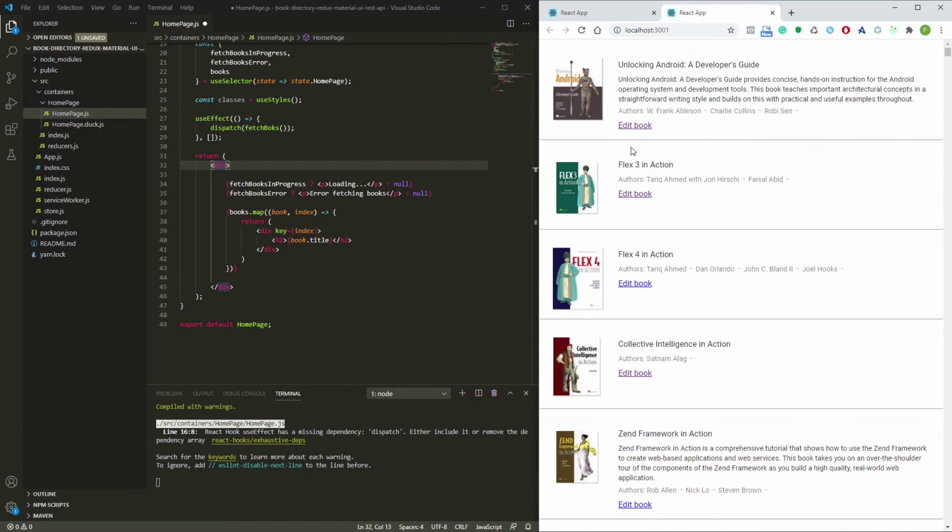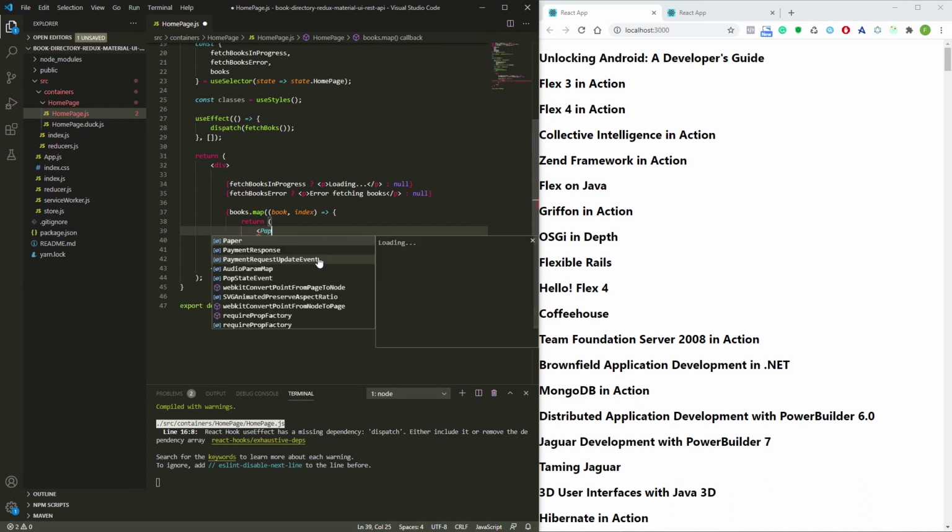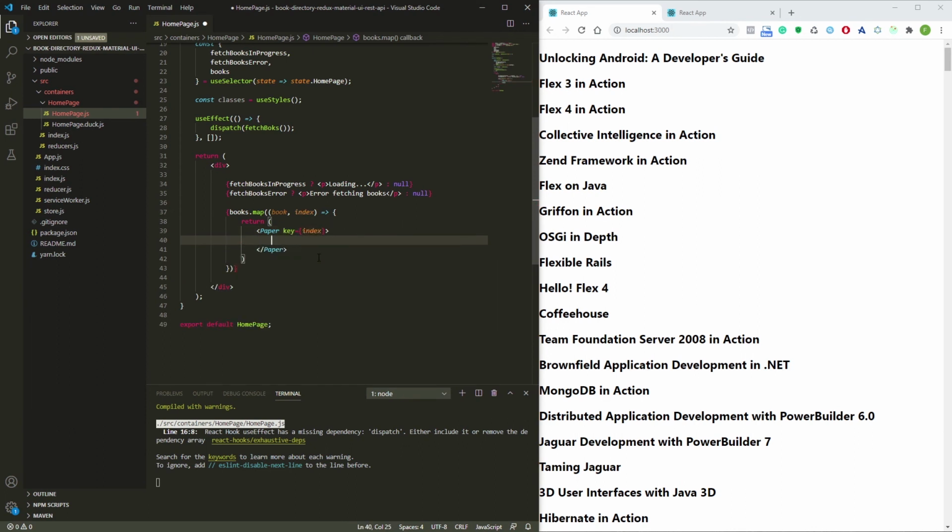space between these elements and a paper basically. So we're going to use that for each book. So I think we can delete this. We can add Paper. I think we can pass the class names later. Now we can use index. Here we can use a Grid container. Okay, I don't know why it's not auto-completing for me, but